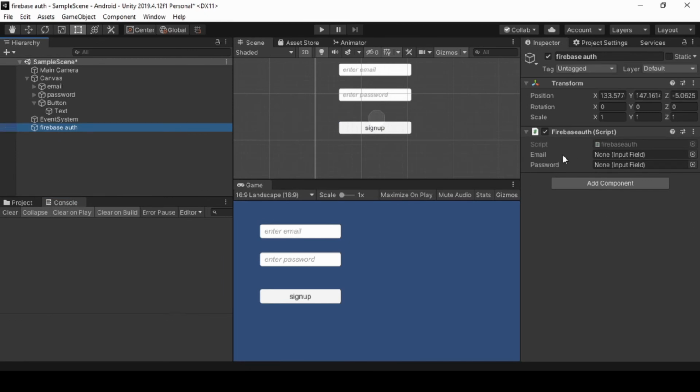Now back in Unity, add our email and password input fields to our script. Now let's check it by running it.